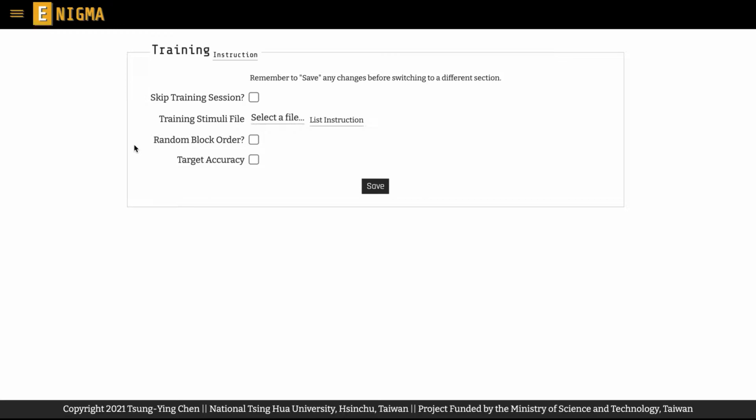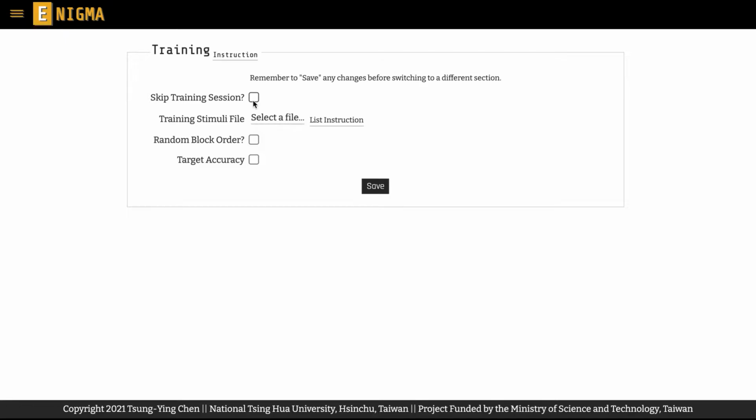If you're in the training section, the first thing you have to do is to consider whether you want to skip the training session for all participants in your experiment. This function is useful if you want to study participants' learning effect in a learning-on-the-fly context. That is, your participants will never be exposed to any training input. Instead, they will skip to a test session directly, in which they will learn to respond correctly with explicit feedback on their response accuracy in a piecemeal fashion.